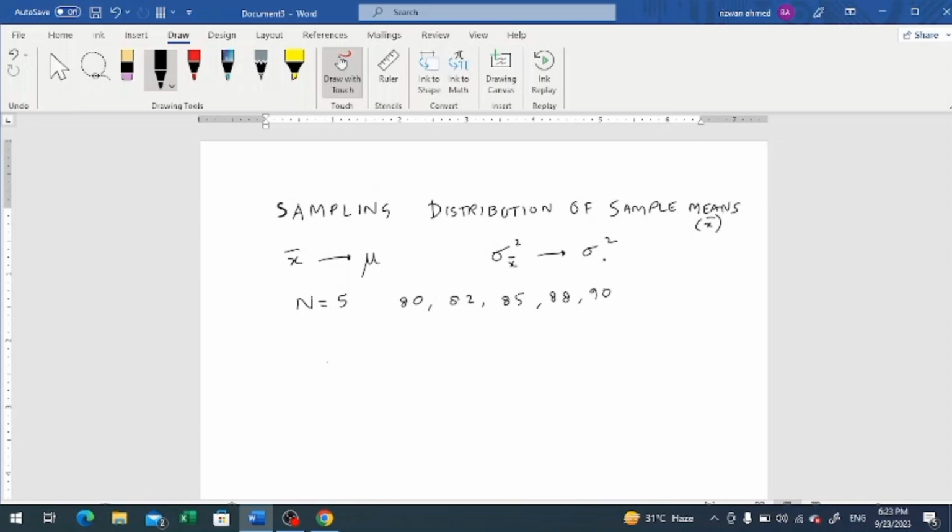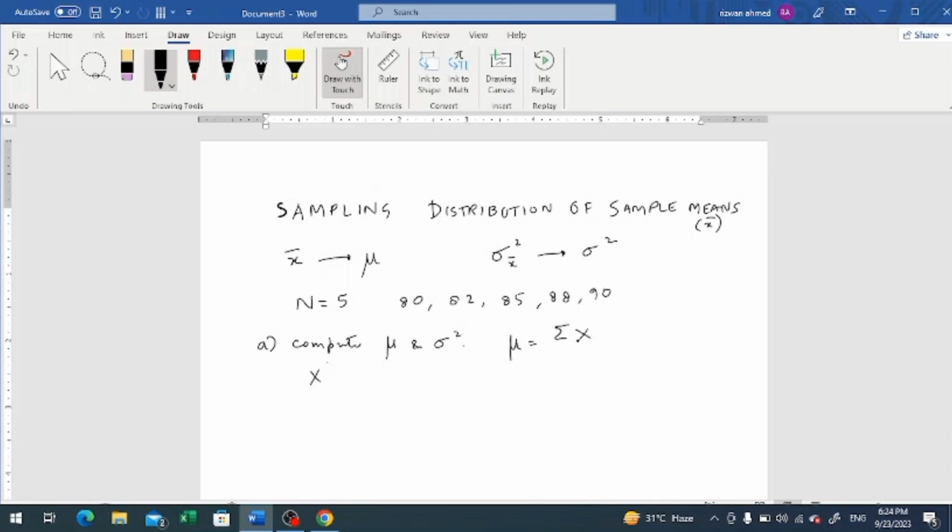So first of all, we would go for computing the population mean mu, compute mu and sigma squared. And for this, we would be taking x values, and the formula for mu is